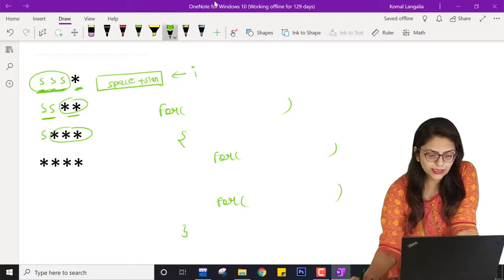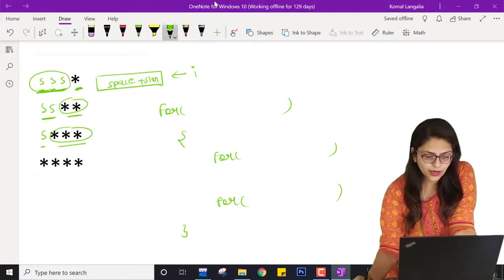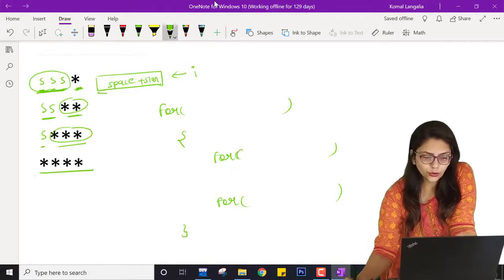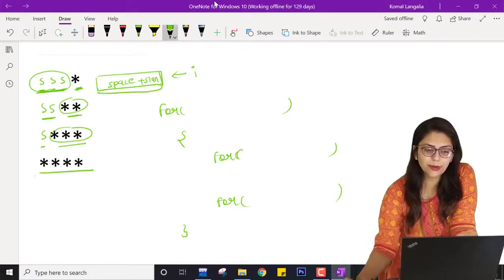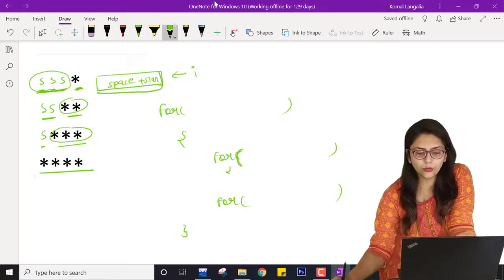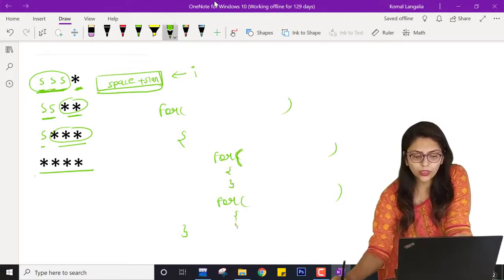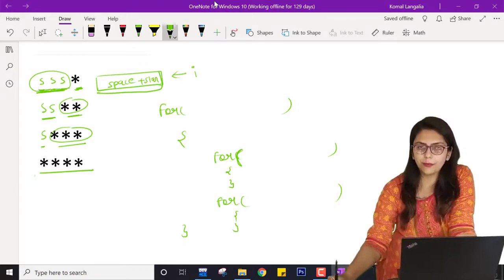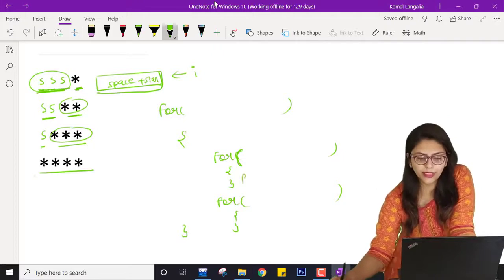Here also space and star, and only stars, right? So one row consists of space plus star. So inside the nested loop I am going to take one loop for star and one loop for space. First it will print space, so the first loop is for printing spaces and the other loop is for printing star.